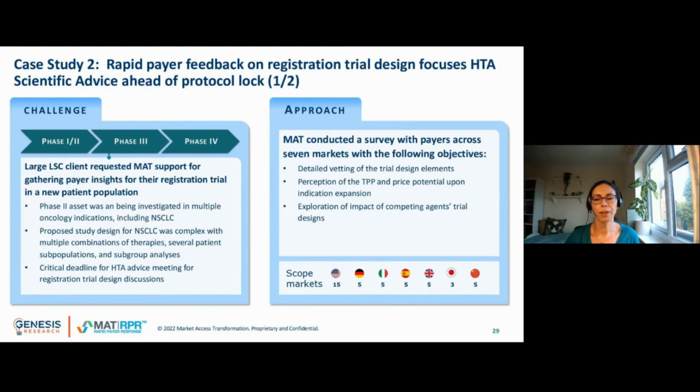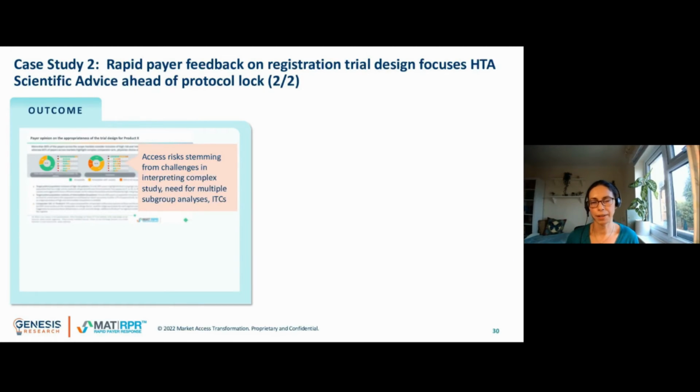So within 3 weeks of fielding, an insights report was delivered. And what it found in this case was that payers did appreciate the ambitious and pragmatic trial design. However, the findings really flagged multiple access risks that were largely stemming from challenges interpreting such a complex study design. There was a need for multiple subgroup analyses and really a risk of diluting the treatment effect from this trial